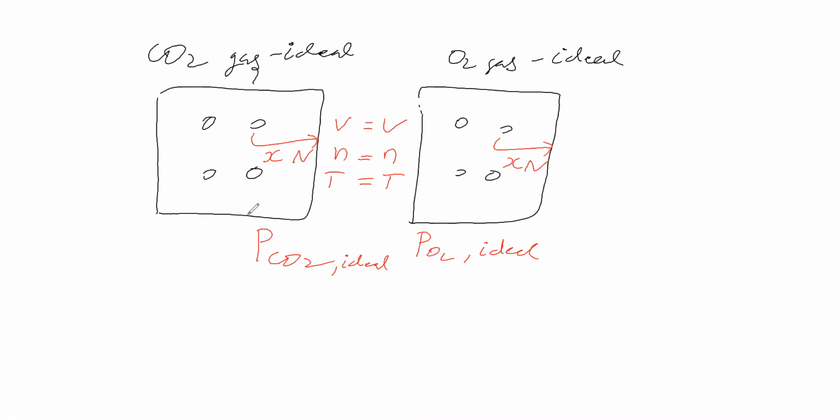Now the pressure exerted by carbon dioxide, considering it as an ideal gas, and the pressure exerted by oxygen gas, considering it as an ideal gas. Now compare the pressure of these two considering ideal gas, not the real situation. We are not asking about the real situation. We are considering ideal gas and we are asking. Okay, you are saying that they are equal.